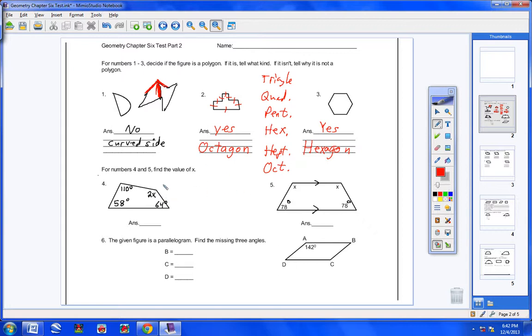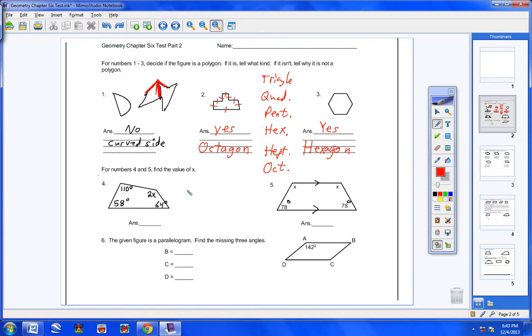Numbers 4 and 5. For numbers 4 and 5, find the value of x. Now, what you should know by now, students, is if you have a triangle, the 3 angles on the inside add up to 180. Okay? If you have a quadrilateral, that's a 4-sided figure, the 4 angles add up to 360 degrees. Now, notice I have 4 sides here. It's a quadrilateral. And notice I have 4 sides over here. It's a quadrilateral. So, I know if I have a quadrilateral that all 4 of these angles add up to